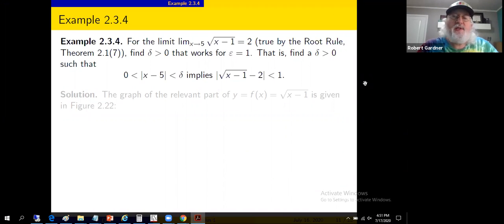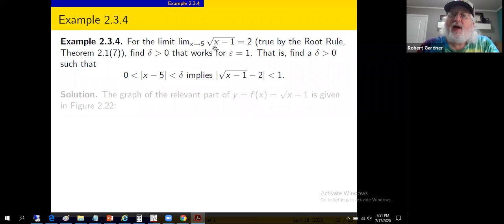Okay, but the function we're dealing with this go-round is the square root of x minus 1. As you know, square root functions have graphs that are half of parabolas. And we'll actually look at the graph and extract information from the graph for this one. For the limit as x approaches 5 of the square root of x minus 1 equals 2. This is true, if you like, by the root rule. The function x minus 1 is positive, close to 5. I plug in 5, I get out 4, so it's close to 4